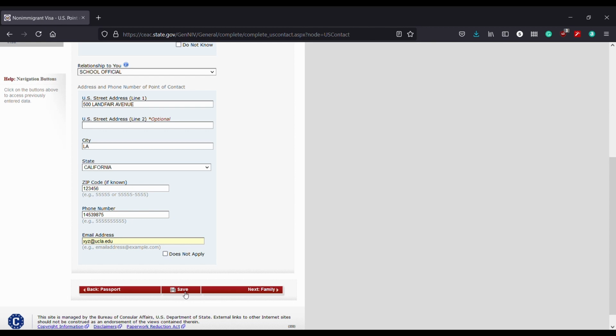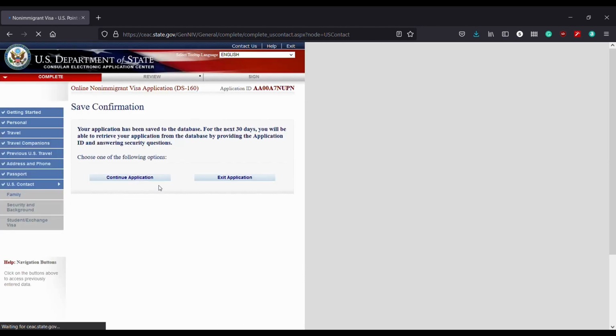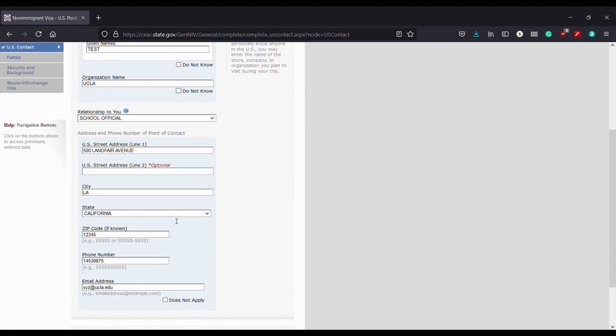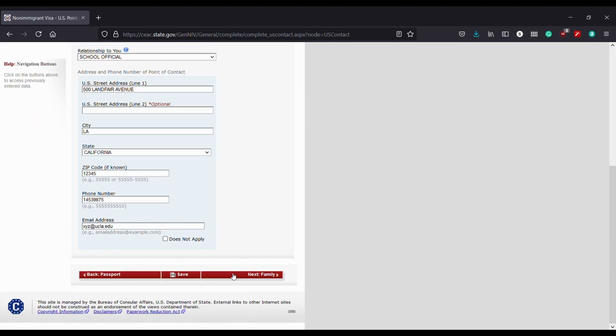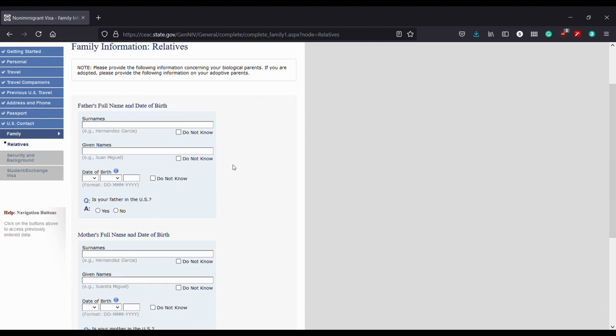Remember, whoever you give as the point of contact, they might or might not refer to that person for the genuineness of you as a candidate or a student for the particular school. So make sure to inform them that you have put their names in this form as the point of contact, in case it is not a school official.